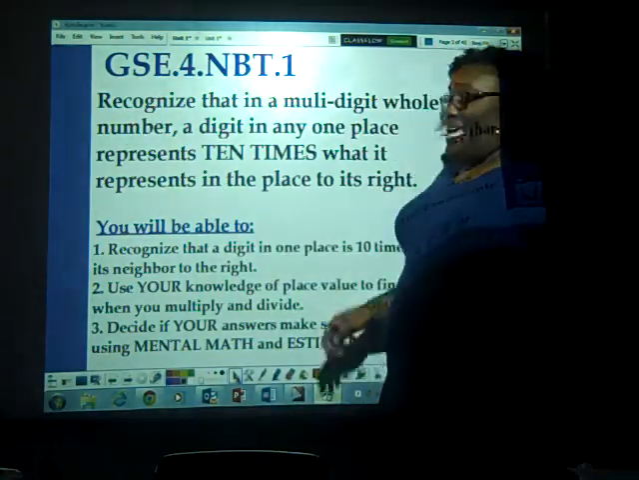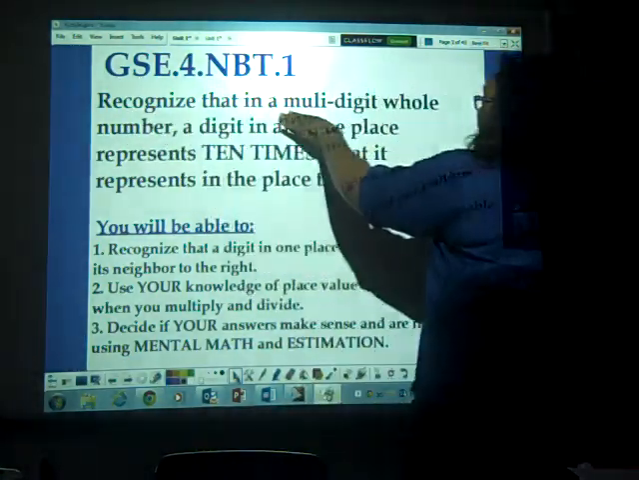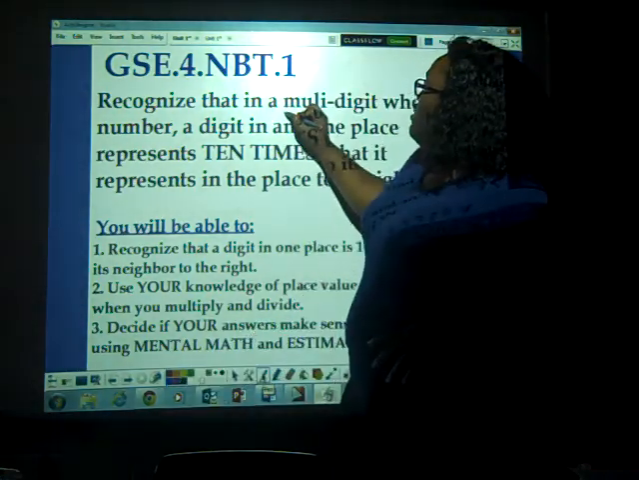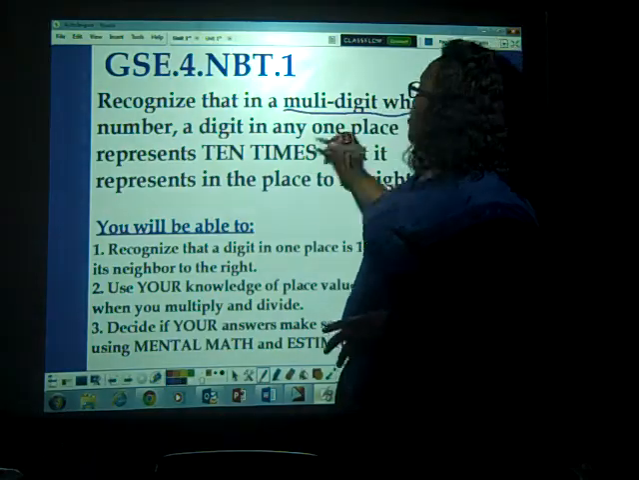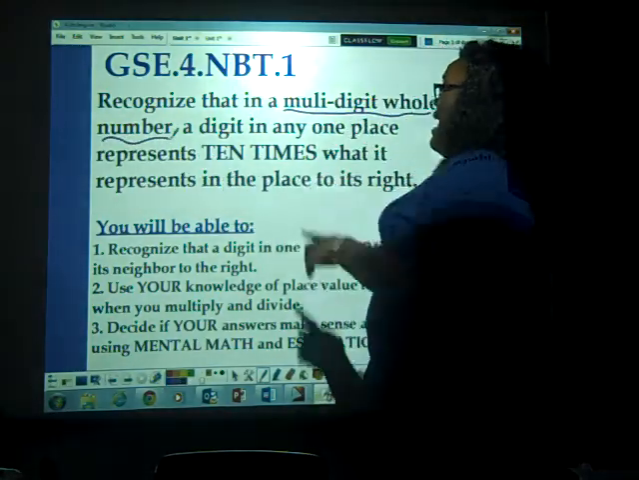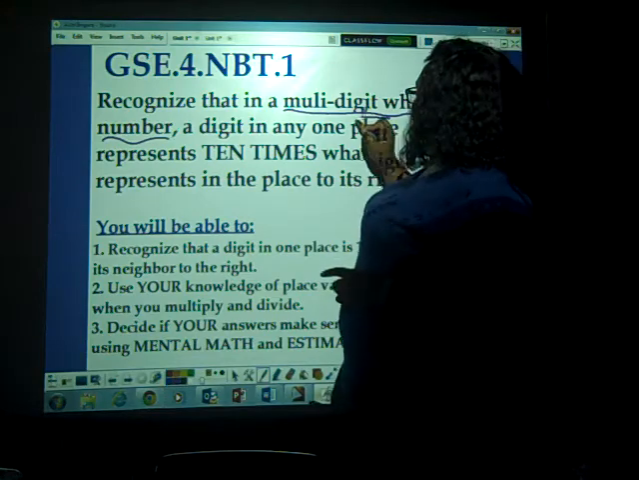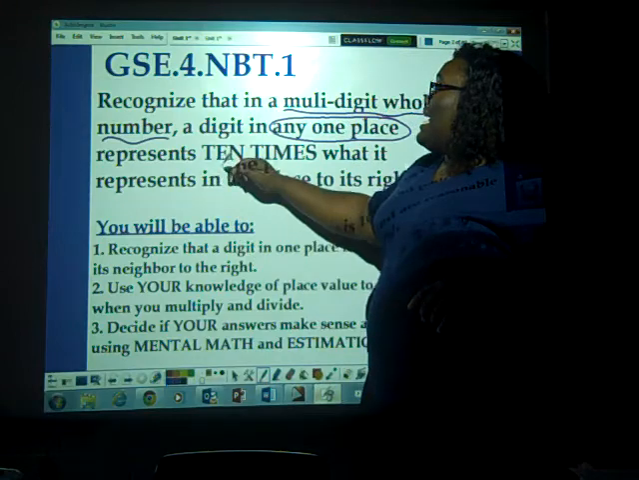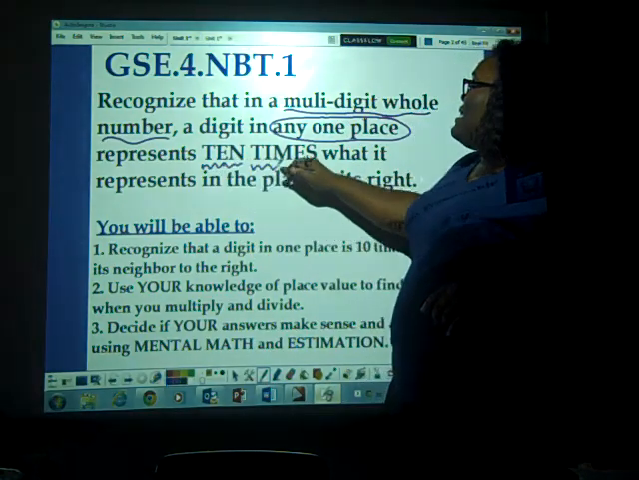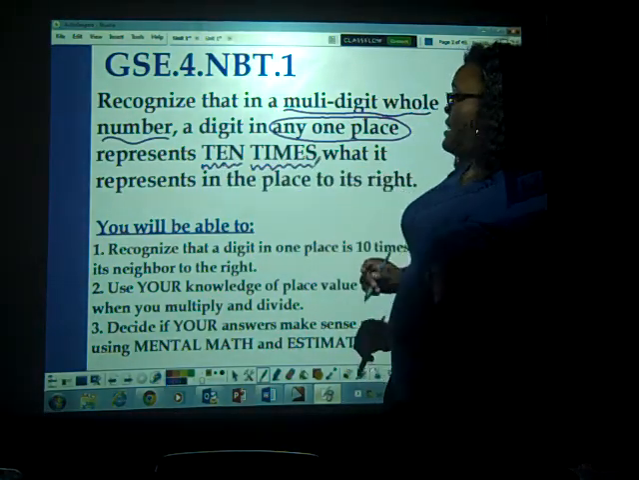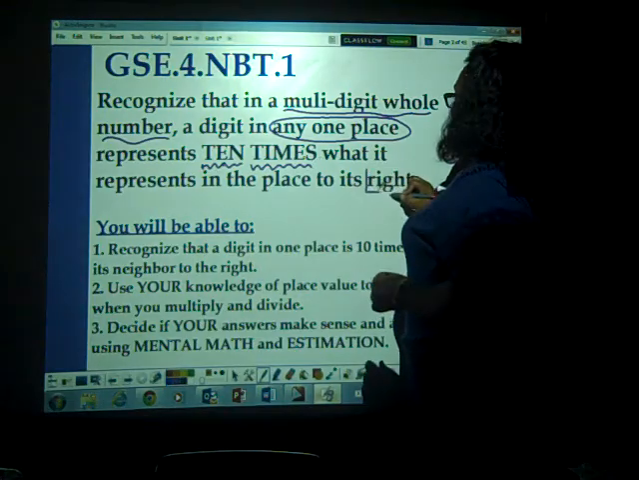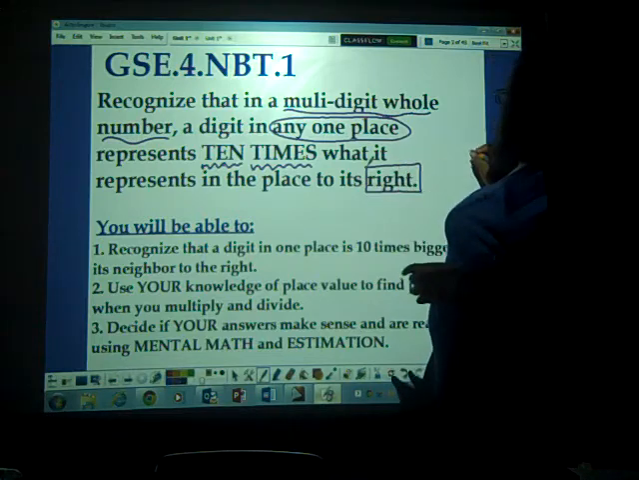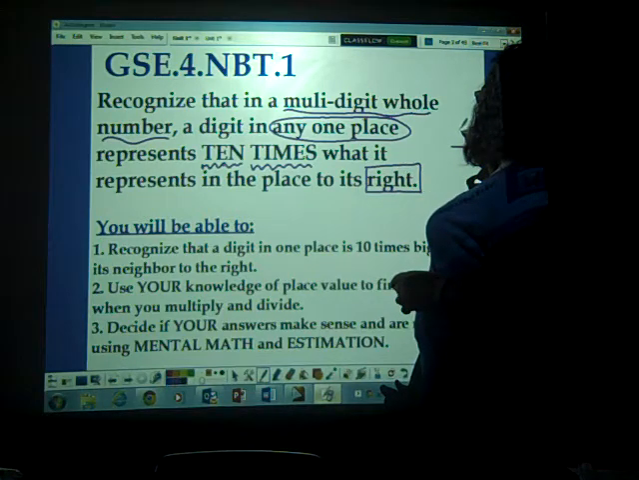Our standard for today is: recognize that in a multi-digit whole number, that's key, a digit in any one place represents 10 times what it represents in the place to its right. So basically, what this standard is telling you, if you have a number, let's say